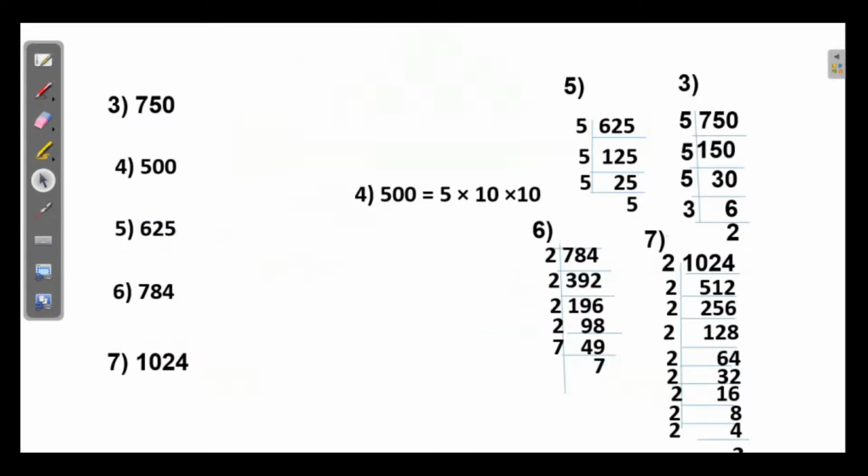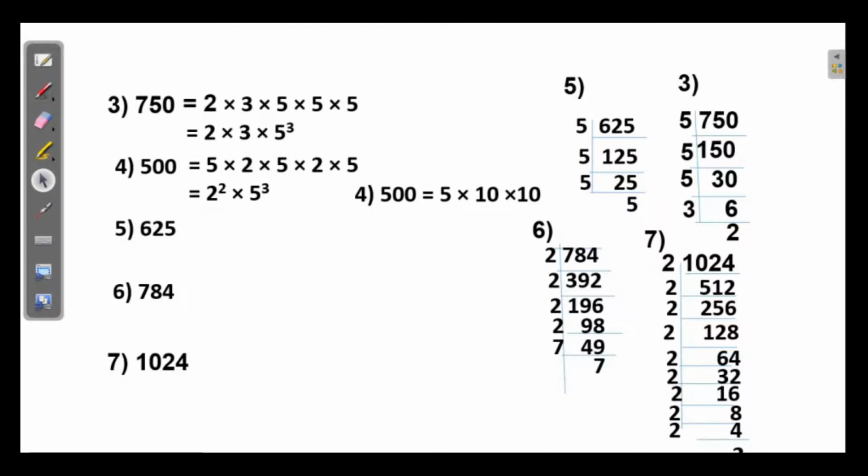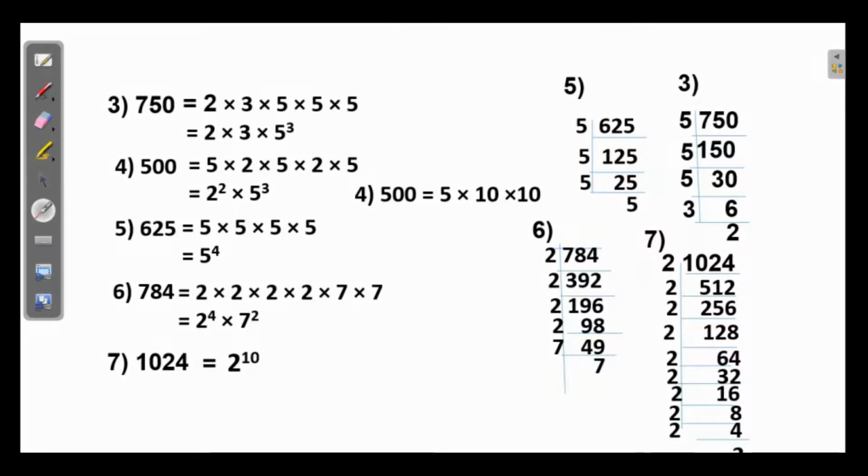Yes. Next one is 750. Divide and get the answer. And 500, 784 and 1024. Be familiar with the multiplication table, practice it daily, then only you will be able to do all these problems. Then next one is